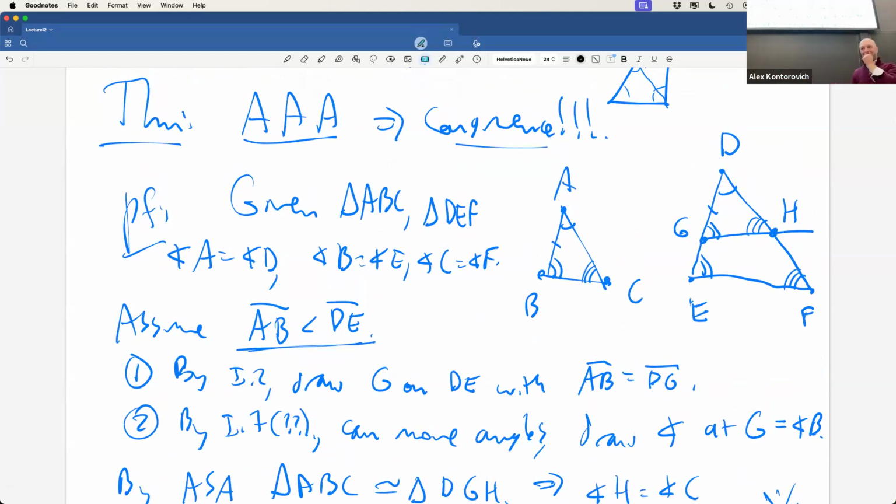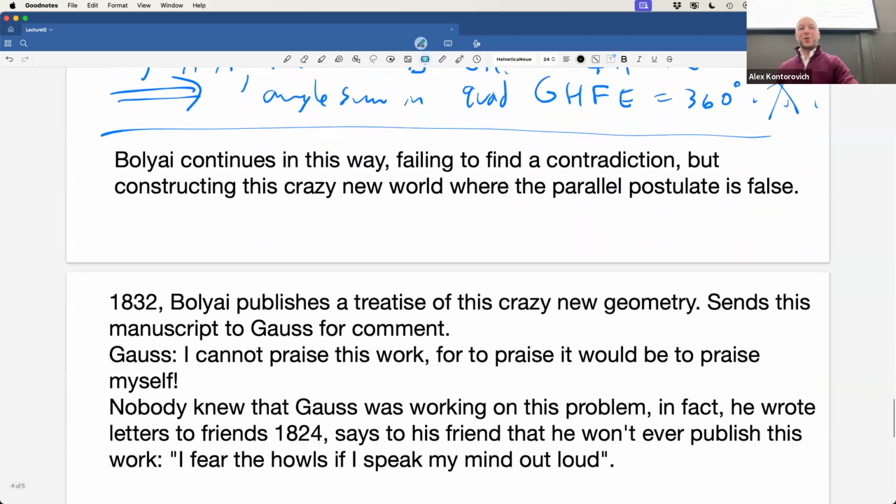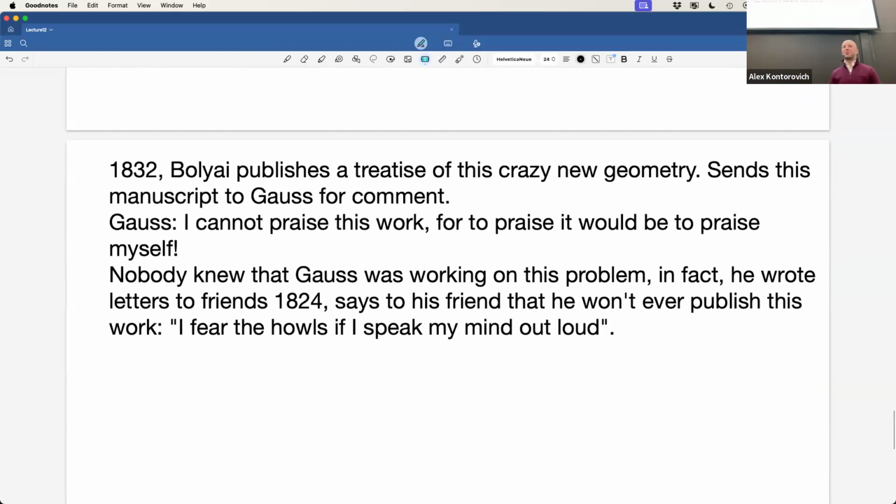Did Bolyai ever do that again? Yeah, so that's what the story is, that he was so devastated by this reply. He had a one-two punch. The first punch was Gauss's reply. The second punch is he eventually went to the library, or someone pointed out to him that in 1829, a Russian,